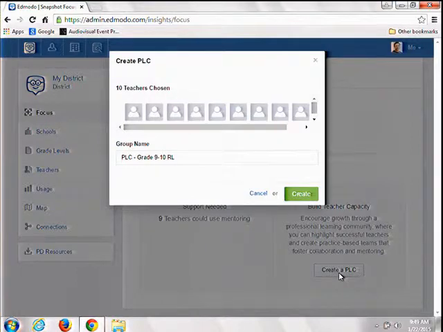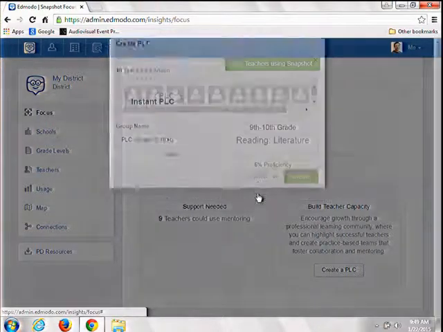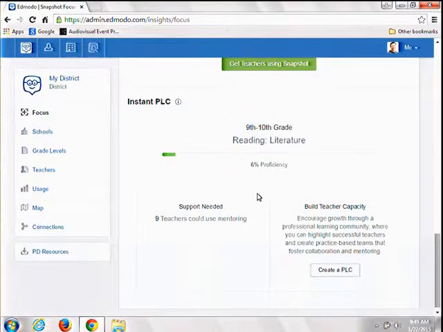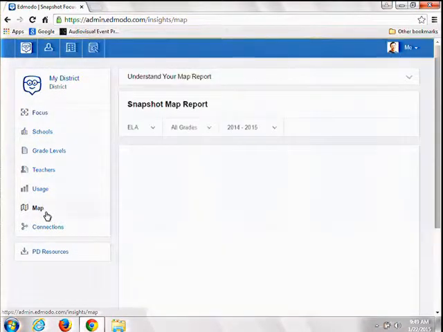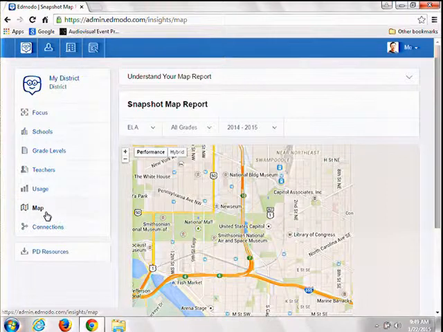The cool thing about this is if this is at a district level, then I'm beginning to connect teachers across buildings. So if you've got maybe some buildings that are doing some really good things and you want to kind of, I call it cross-pollinating a little bit, this is going to give you a real quick and easy way to do that. There are lots of other ways I can look at this data. I'm not going to show you all of them because of time, but I do want to show you, this is kind of a cool one,